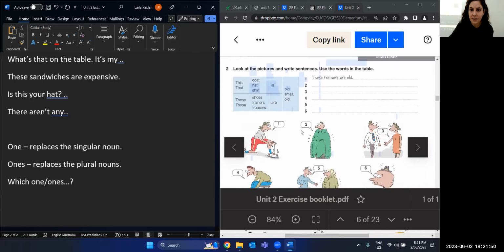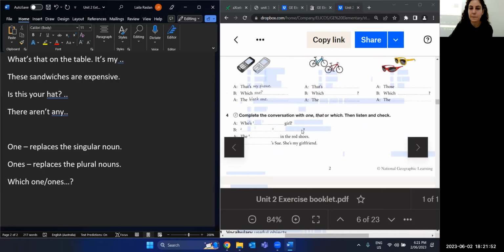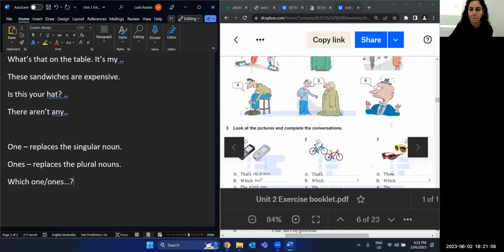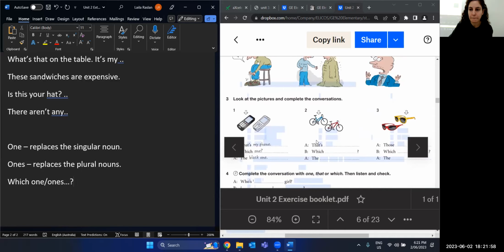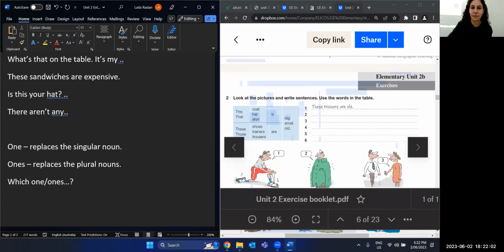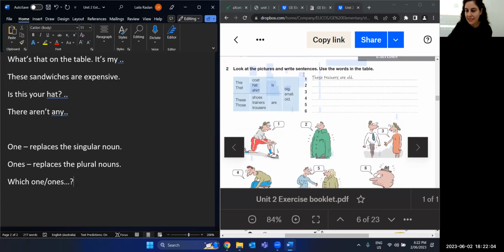Let's go from here. Look at the pictures and write sentences. Use the words in the table. So number 1, these trainers or sneakers are old because she's touching them. These, plural. Number 2,